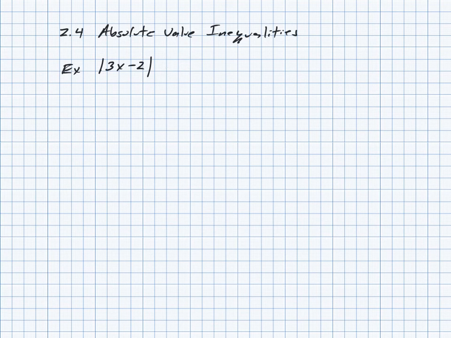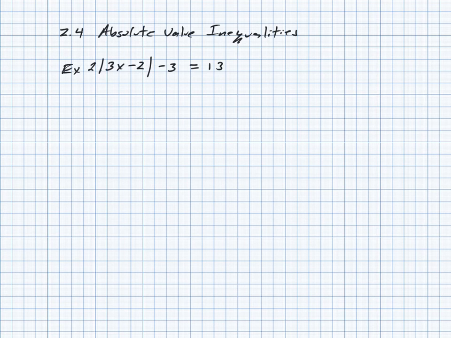I'm going to add a factor of 2 over here, and I'm going to subtract 3 over here, which equals, I'm going to guess, 13. So anyway, the key thing is to get the absolute value